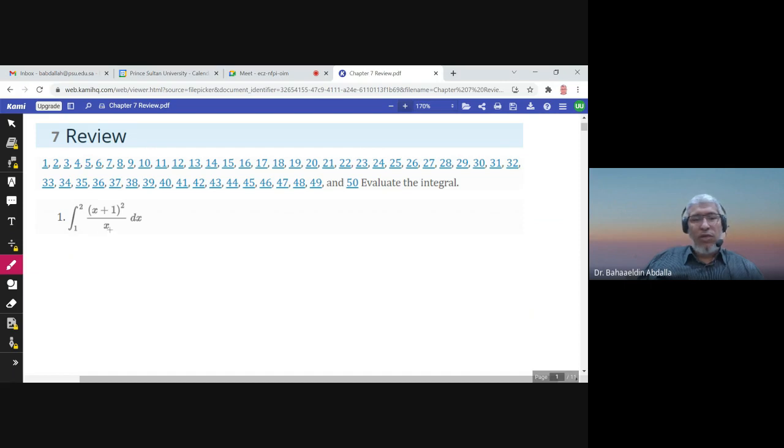So here we can easily expand x plus 1 squared. It's x squared plus 2x plus 1 over x dx. And then we can easily write it as x squared over x, which is x, plus 2x over x, which is 2, plus 1 over x,